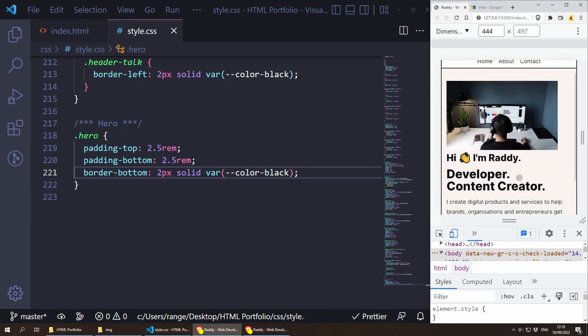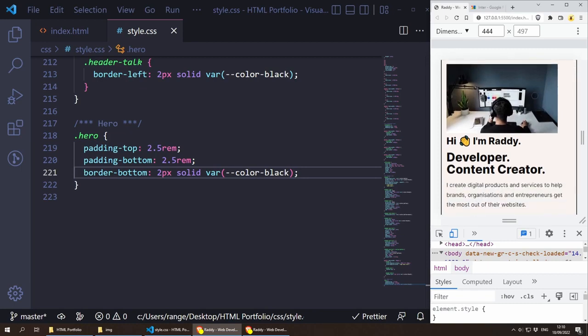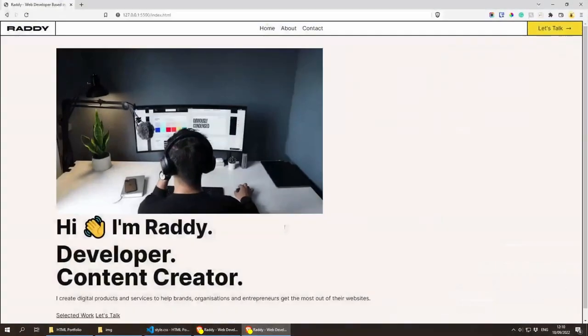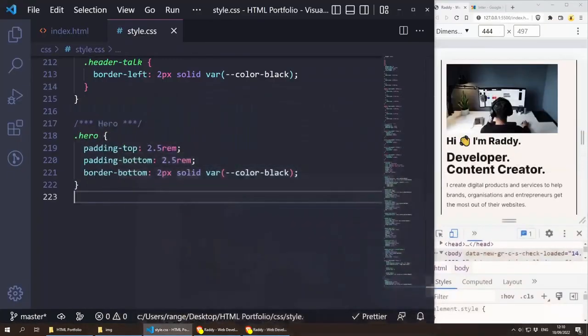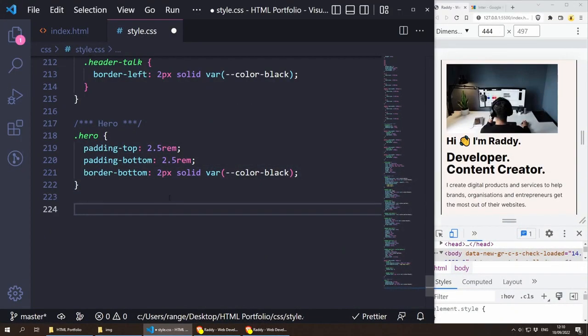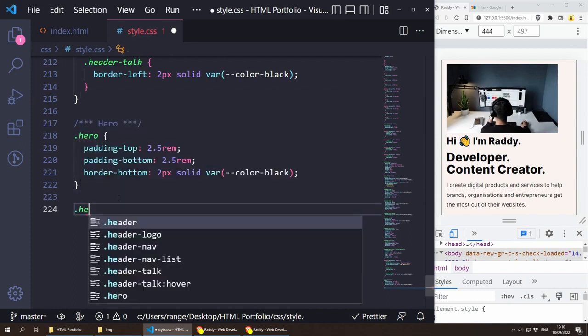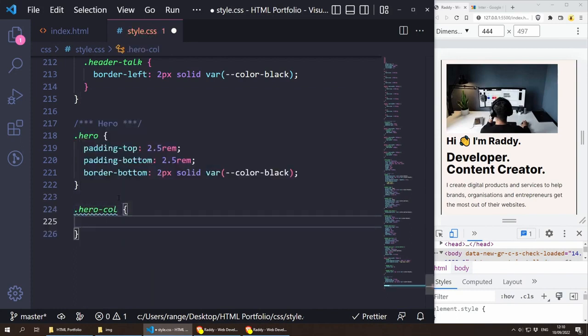For mobile, we are actually okay, like the way they're stacking. But when we go on desktop, as you can see, they're still stacking, which is not what we want. We want the image to be on the right side here, and we want the text to be on the left side here. So one way of doing this is we can target the hero column, and we can say,